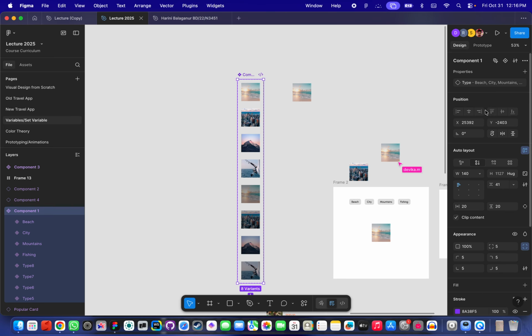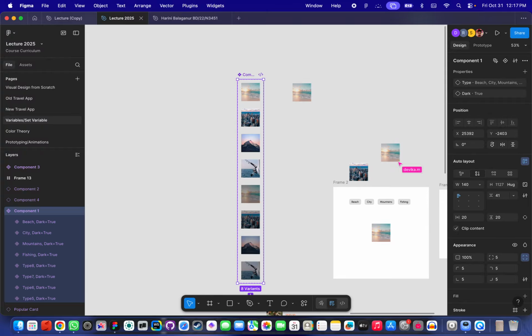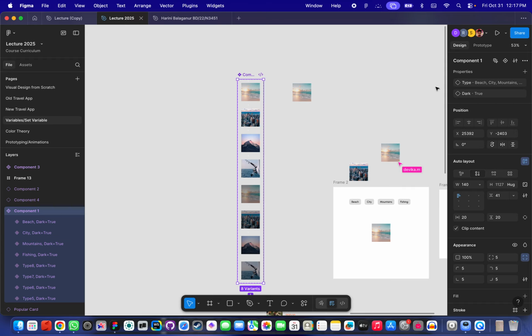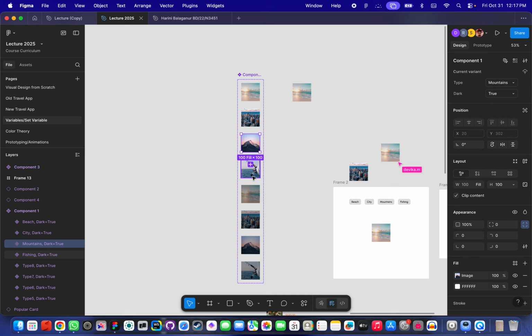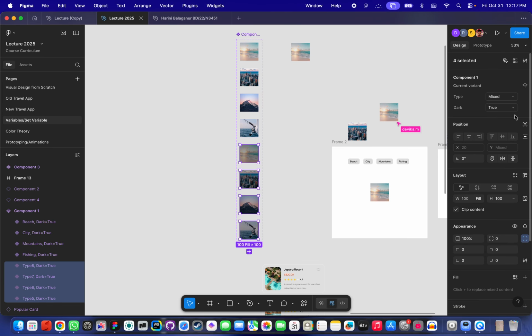And now what I can do is go here, and because for whatever reason the text and boolean are not working, I can click on the variant property and then set this variant to dark. Okay, and the default value for that I can give it as true. All right, and now come back over here. Now we can see that we have a dark variant as well, and the default value is true. So for the first 4 things, the default value is of course true. Now select the rest of the 4, and in this one,